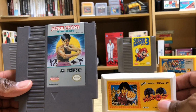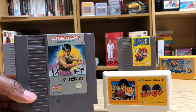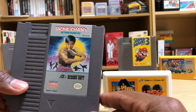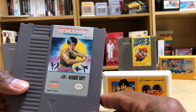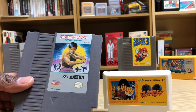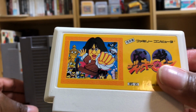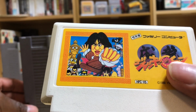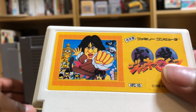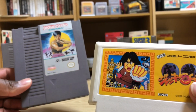So besides that, some obviously huge differences here. Here we got the young looking Jackie Chan, a more realistic looking drawing. It kind of looks like a fighting game, or more of the NES game Kung Fu style type game based off the cover. And then in Japan, it gets a little more wacky here. It's very anime looking. We got an exaggerated Jackie Chan on the front. We got some of the characters in the game in the back. You got some of the enemies in the game in the back. Yeah, it's very more anime like,